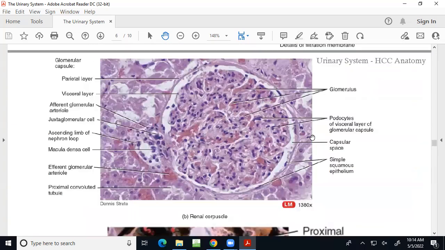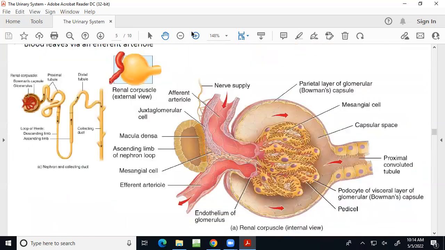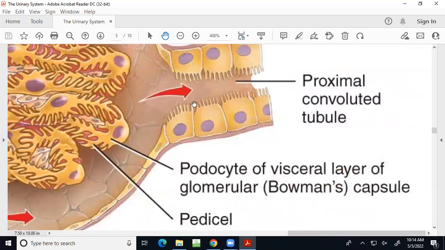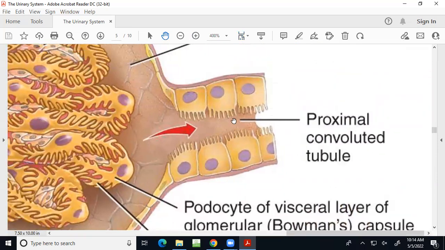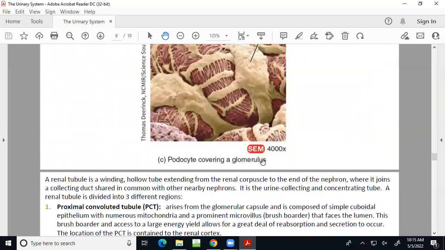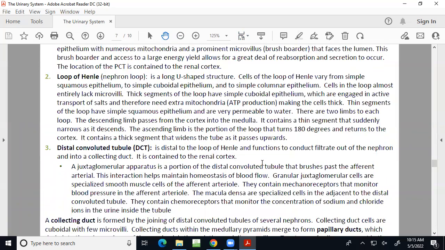Prominent, and I can actually just show you very nicely, a feature where they have those little finger-like extensions, making that cell surface, the surface that faces the interior of the tubule, its surface area is very, very enhanced. It's just like what we saw in the small intestine with those absorptive cells. The more surface area, the more ability to contact the stuff that's in the tubule and return it back